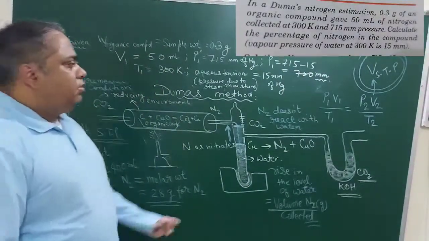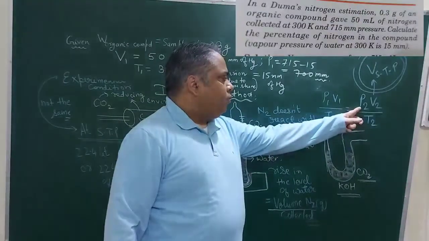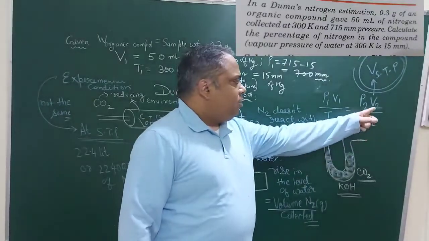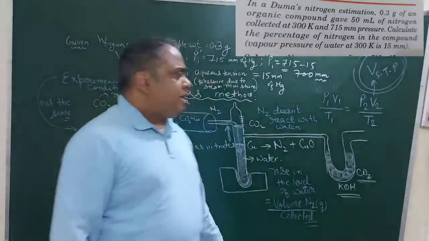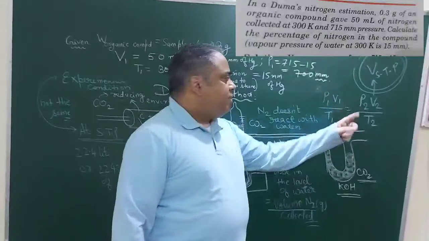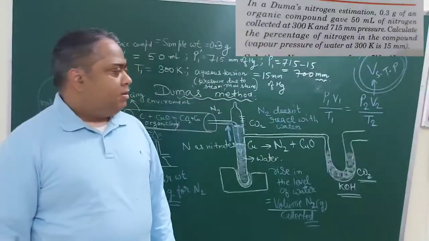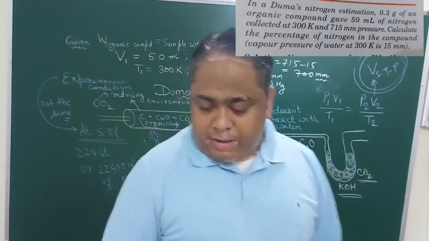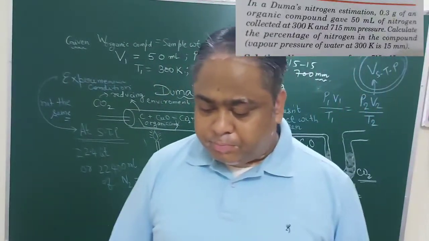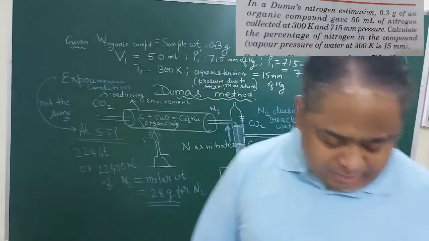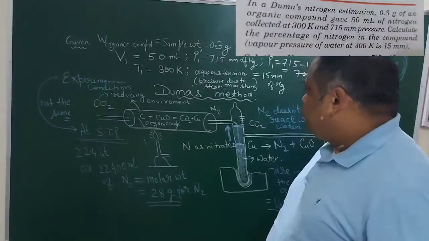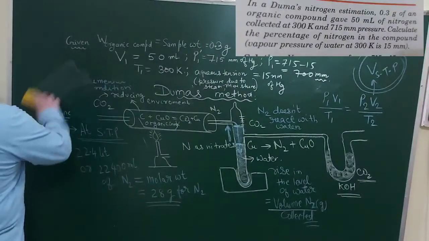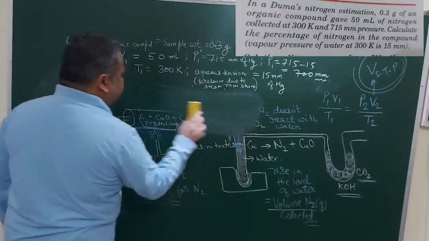Now we know the value of P2 at standard condition. We know the value of temperature at standard condition. We have to find out the volume at standard condition. Standard pressure is 760 mm of Hg. All right. Standard pressure is always 760 mm of Hg, and standard temperature is 273 Kelvin. So if this process is clear, I can erase it so that I can get some space now.